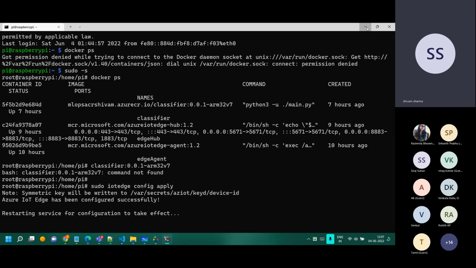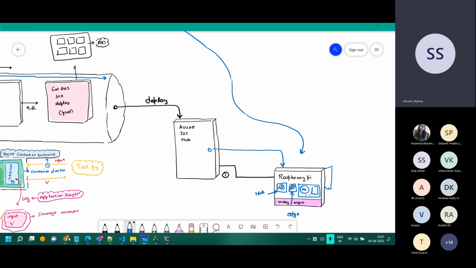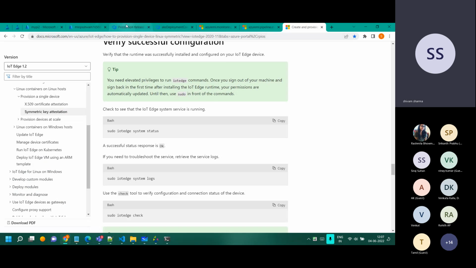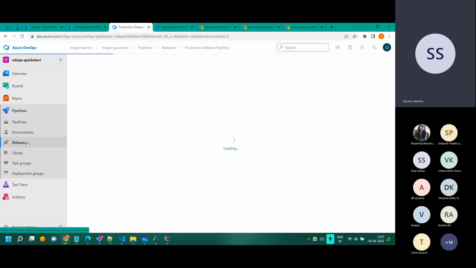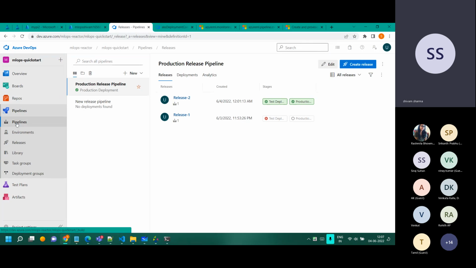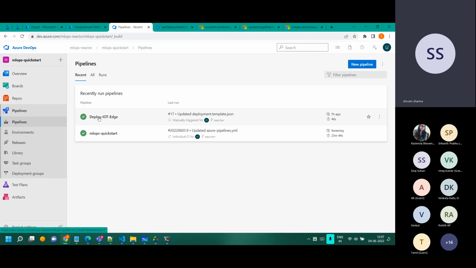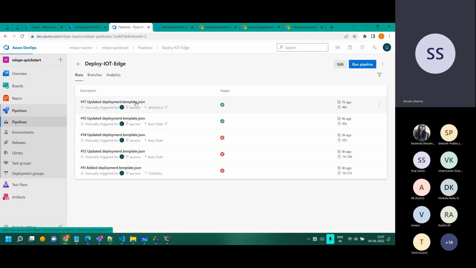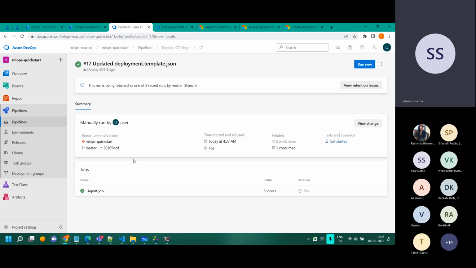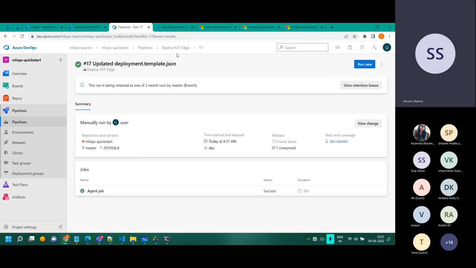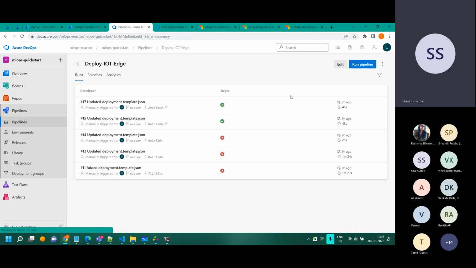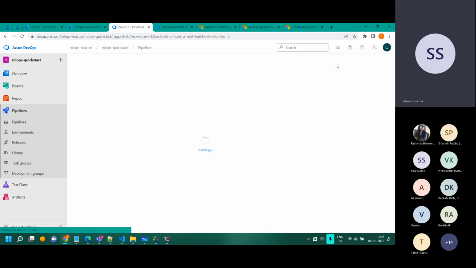Now what we want to do is the configuration, which needs to be done from the Azure DevOps portal. If I take you back to the Azure DevOps portal and zoom out, and click on the pipelines over here, I have kept this ready, deployed to the IoT Edge, this one. If I go one page back, I will see if I can edit it.